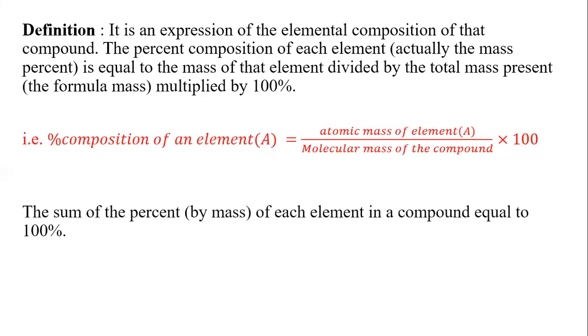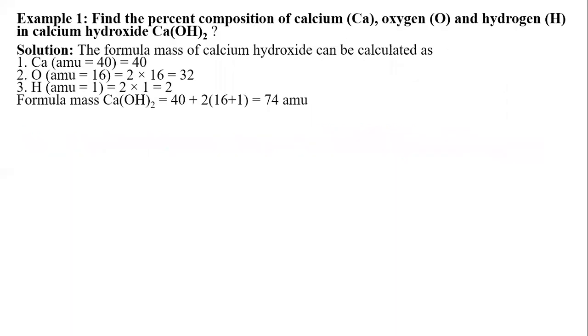The sum of all the percentages of each element in a compound will always be equal to 100. It will be cleared with the help of an example. Find the percentage composition of calcium, oxygen and hydrogen in calcium hydroxide. So,